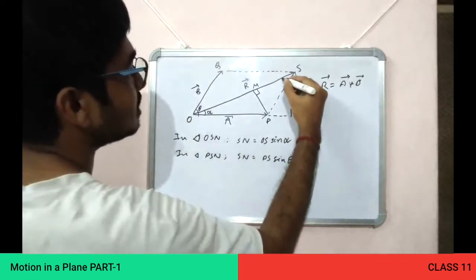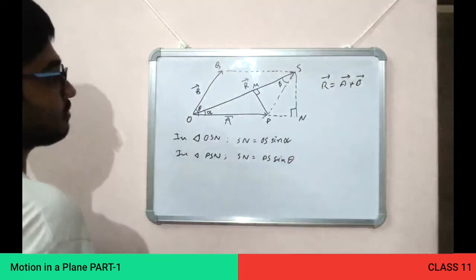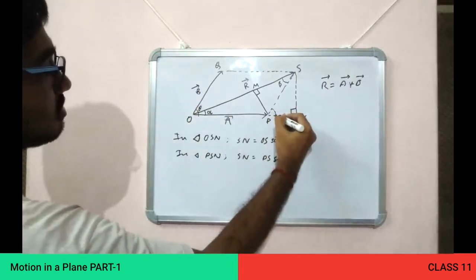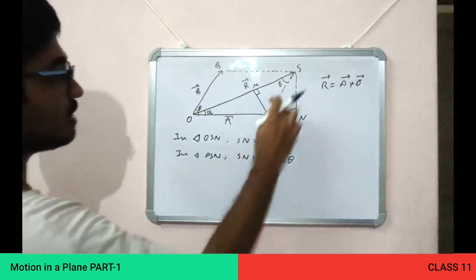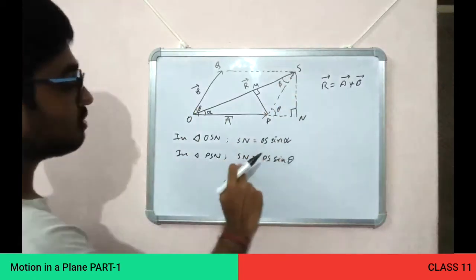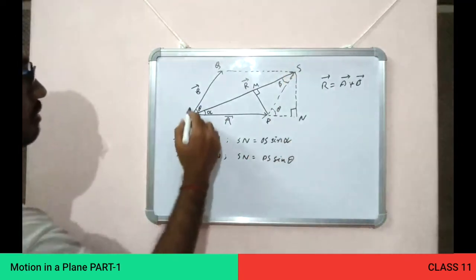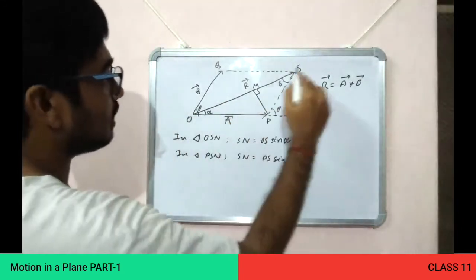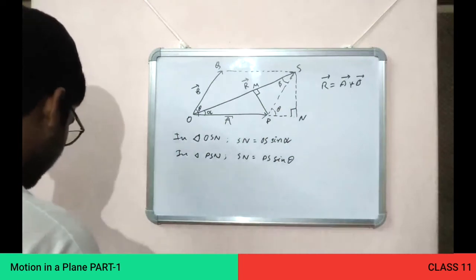We consider this angle beta, and if this is theta, so this is also theta. So in this little triangle, we get Sn is equal to PS sin theta, and in the total greater triangle, we get Sn is equal to OS sin theta. So from this comparison, easily you can see that,